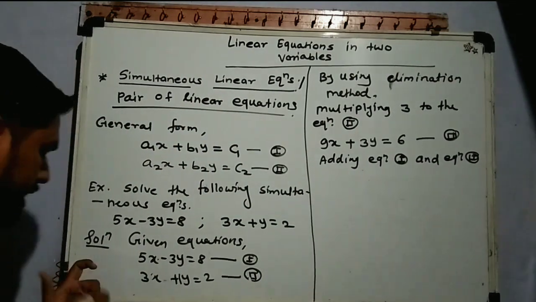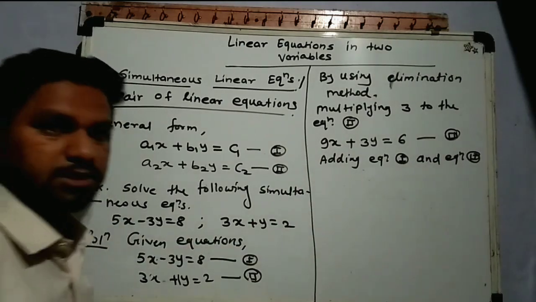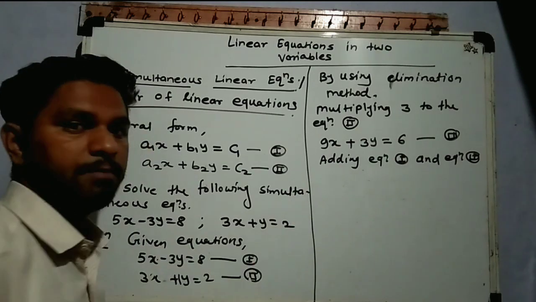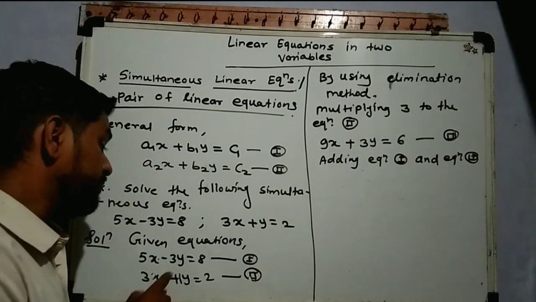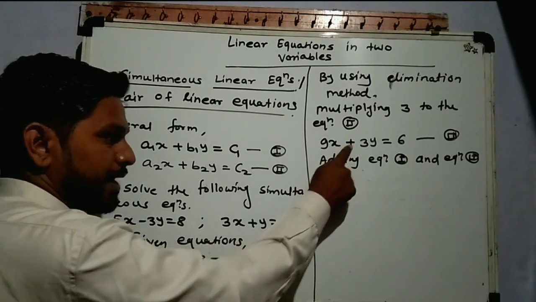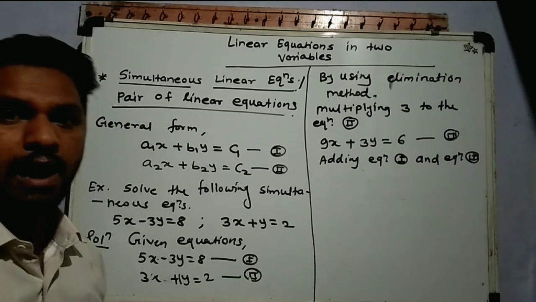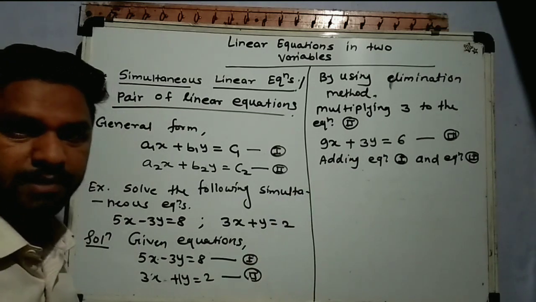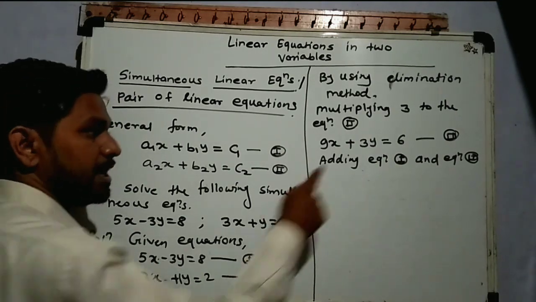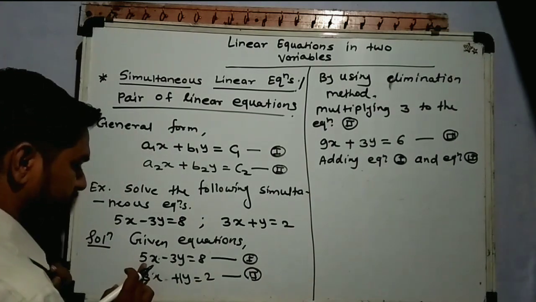Okay, listen carefully. If we have to eliminate variable y and the signs are opposite, which operation do we have to apply? We have to apply addition. If your signs are the same, if it is minus and the other is also minus, then you have to apply subtraction. Keep this in mind. Just see the sign of the coefficient. One has minus, the other has plus, so you have to apply addition.